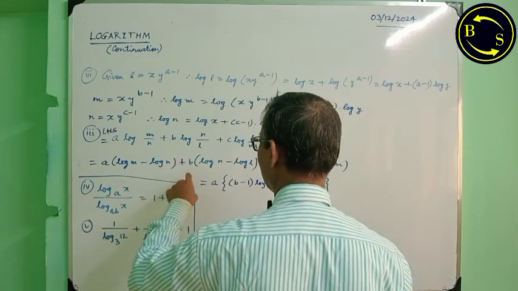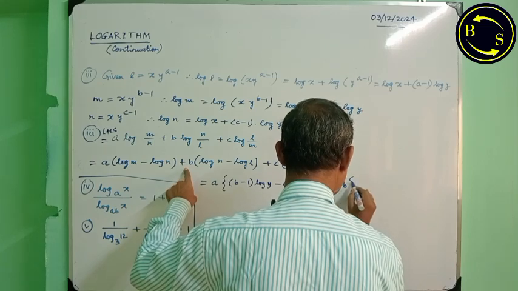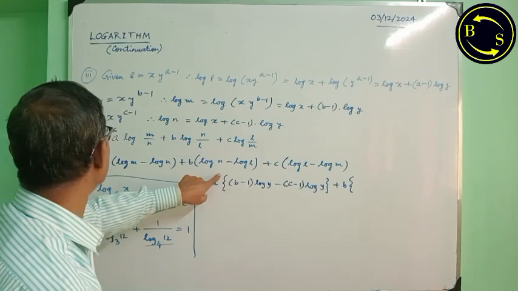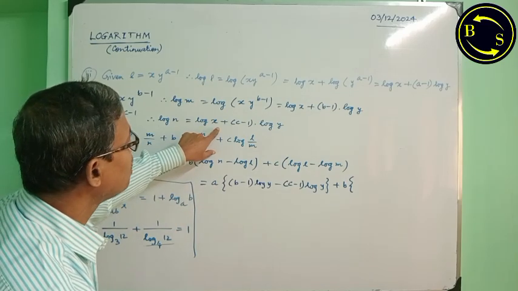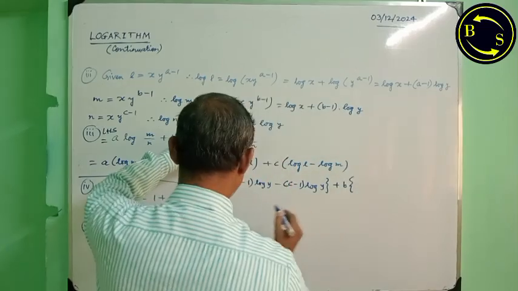Then plus b log n minus log l. This one minus this one. That means